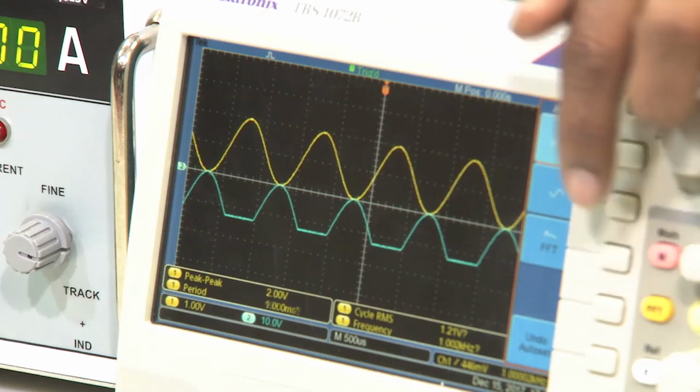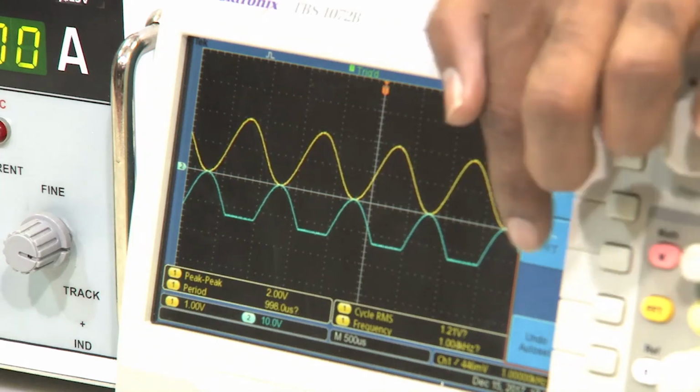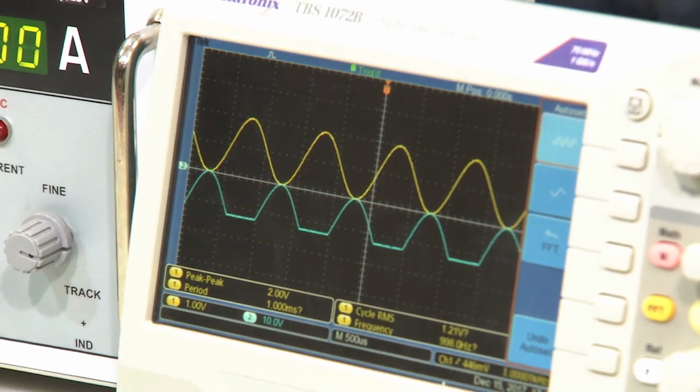But why is it now clipped here, why is it clipped, right? That is because the supply voltage or the bias voltage is plus minus 15 volts, right. So, we cannot see enough amplification of 20 volts at the output signal, alright. So, that is the reason. Now, what happens if we decrease the